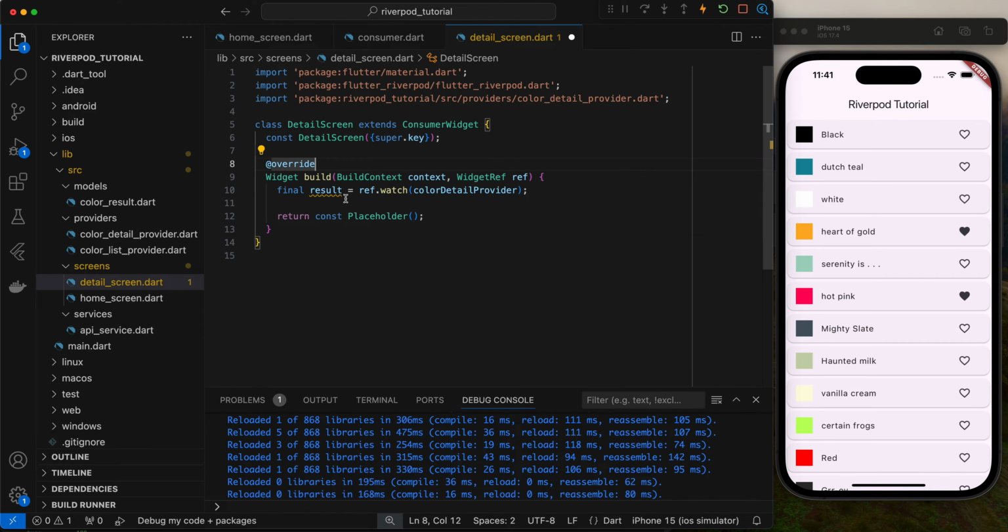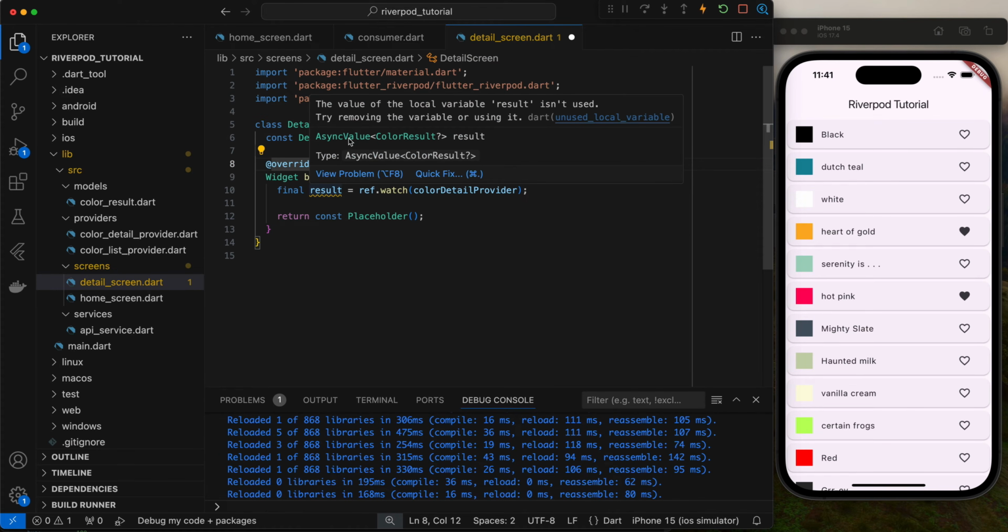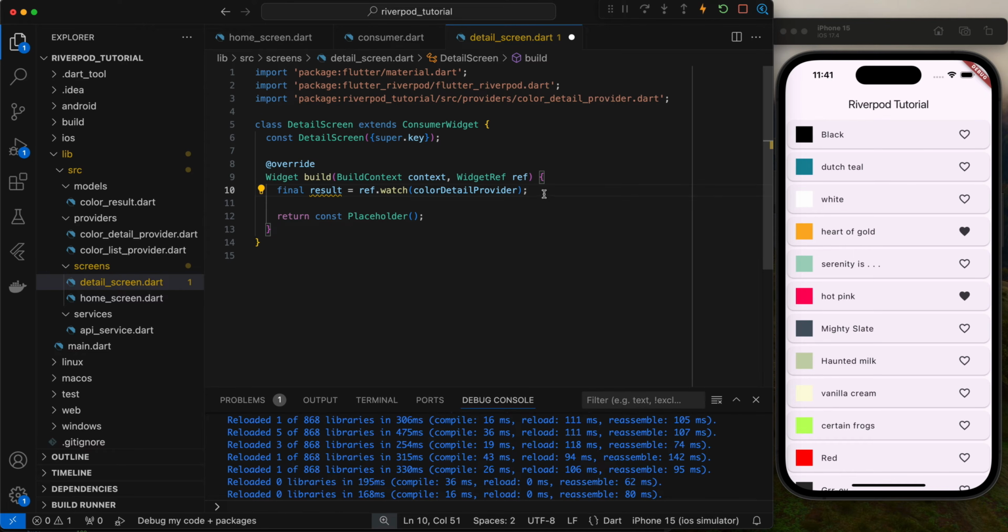Now, this will not just be a color, it's actually an async value of color result, and that's because it's returning a future. It's not necessarily going to have data the second you get here. It needs to make an API call, there could be an error, all these kinds of things could happen. So what we're going to do is we'll return a scaffold either way,